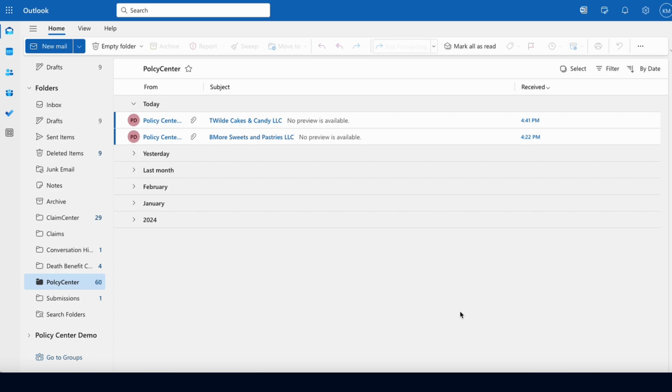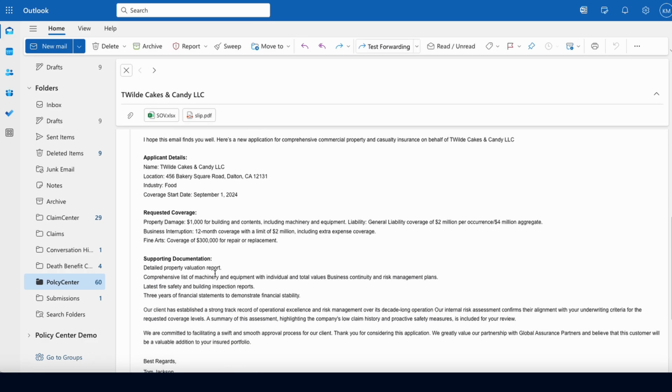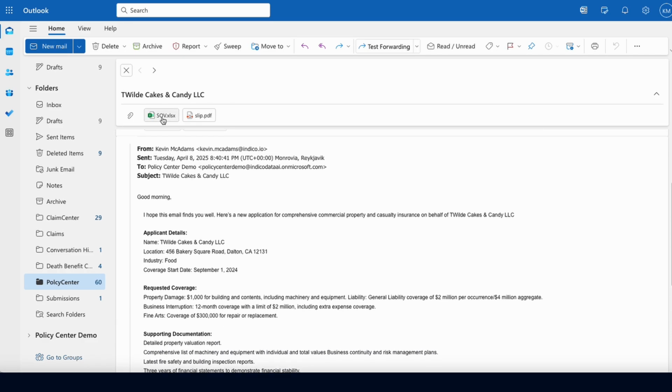A demo of the integration between Indico and the Guidewire PolicyCenter. The way it works today, a user would likely receive an email requesting a new policy submission. They would have some information in the body of the email, some information in the attachments, and they would effectively